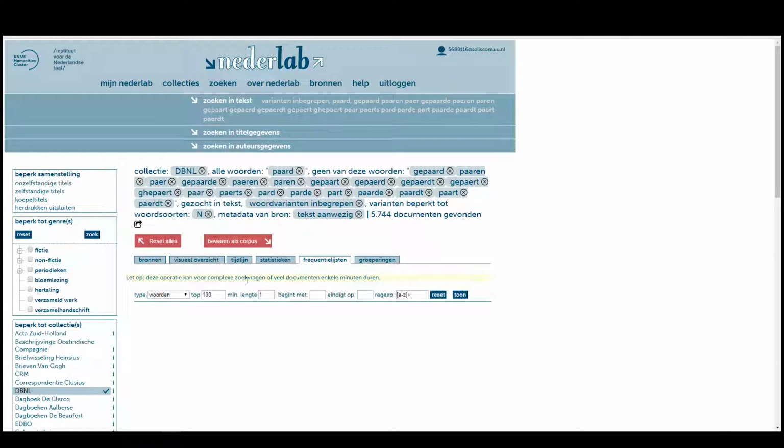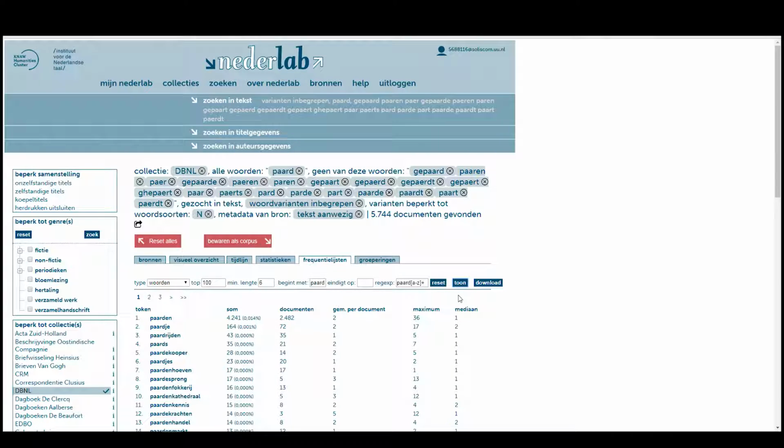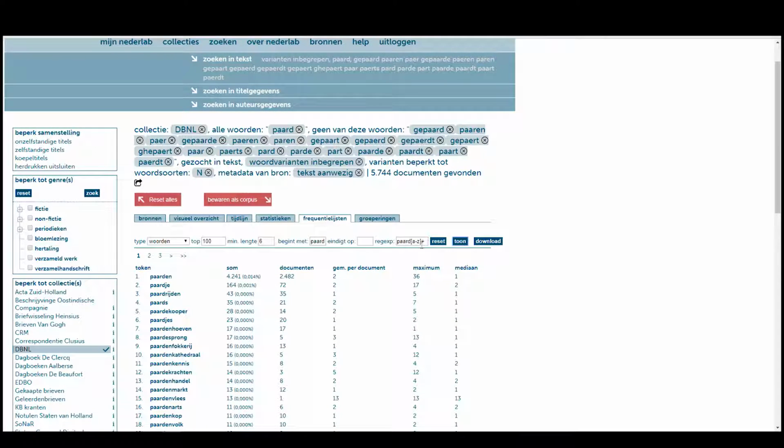Well, frequency lists show you the frequency of a certain something within the selected pool of documents. So, since we're looking at words, let's not go to lemma or anything else. Let's stick to words. Let's find all words that have at least, let's say, 6 letters, and that begin with paard. So now we're looking for everything that has this exact spelling of the word paard, but has something behind it. And show. Of course, if you want, and if you know your regular expressions, you can type a regular expression